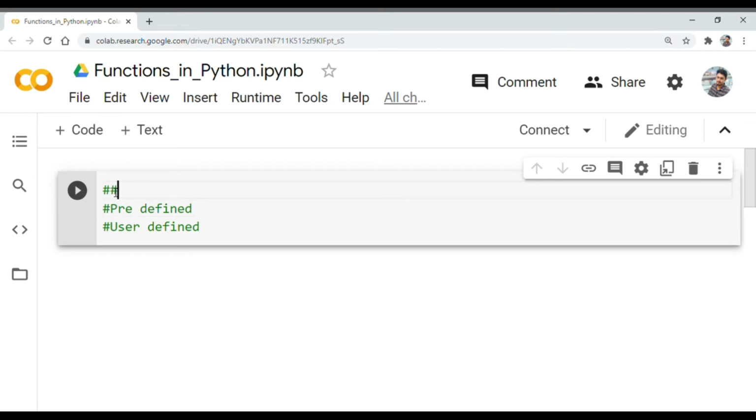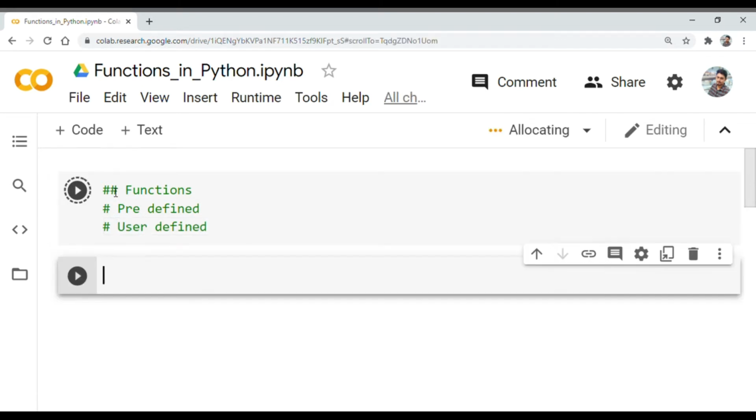Let me give a heading of functions: predefined and user defined, the two basic types of functions.